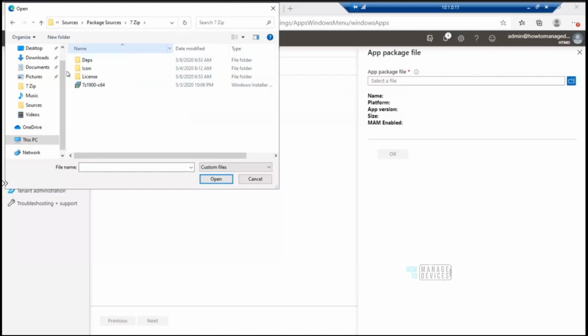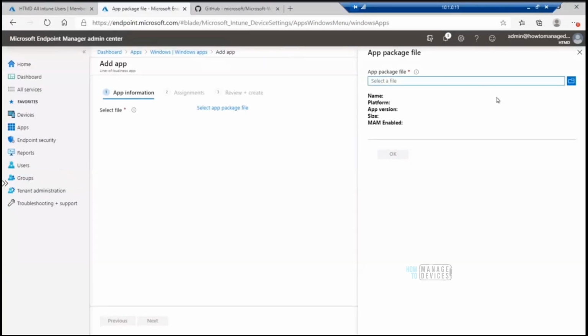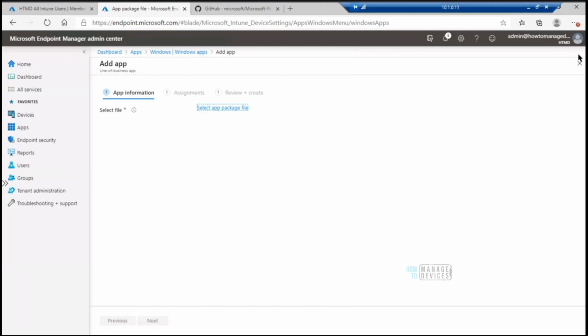If you have this kind of folder structure for a particular package, then that package cannot be installed through this LOB application method. So that is a big limitation.